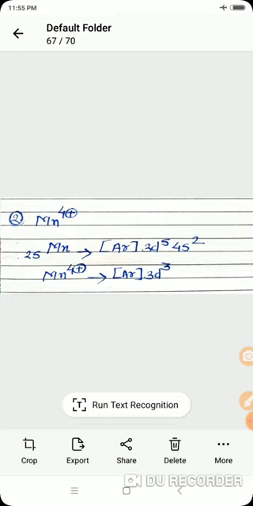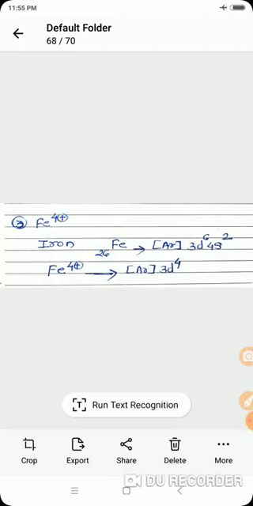As the 4 positive charges are given, we have to remove the 4 electrons from the valence shell electronic configuration. So we remove firstly 2 electrons from the 4s orbital, and then the remaining 2 electrons we have to remove from the 3d5 orbital, and we get the final electronic configuration of the Mn4+ ion, that is, in square bracket, [Ar]3d3. So this is the final electronic configuration of Mn4+ ion.